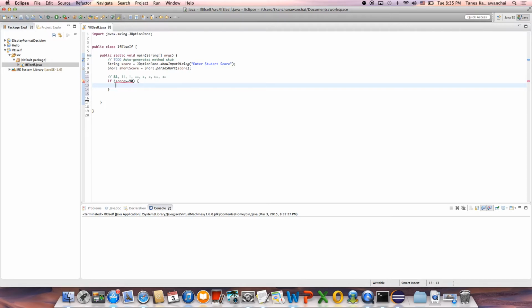this. Let's just say I'm going to declare the char, a char called grade. I'm going to say grade equals to a letter A, right? Now else if, right? If else if score greater than equals to 80,